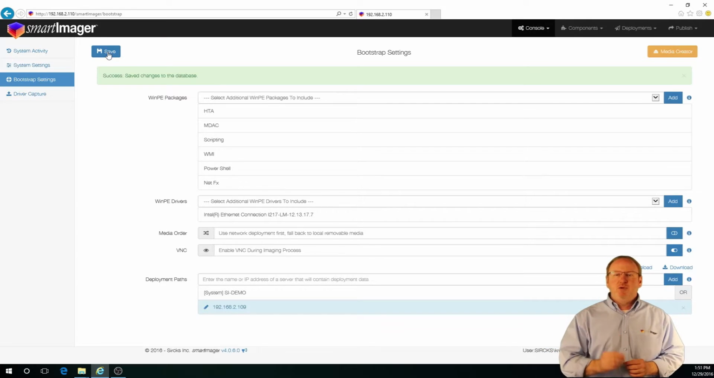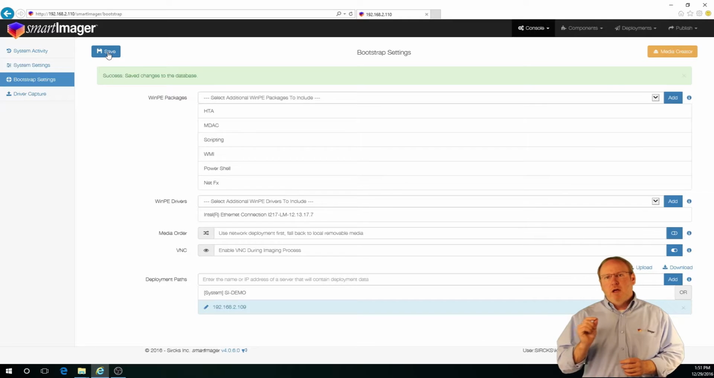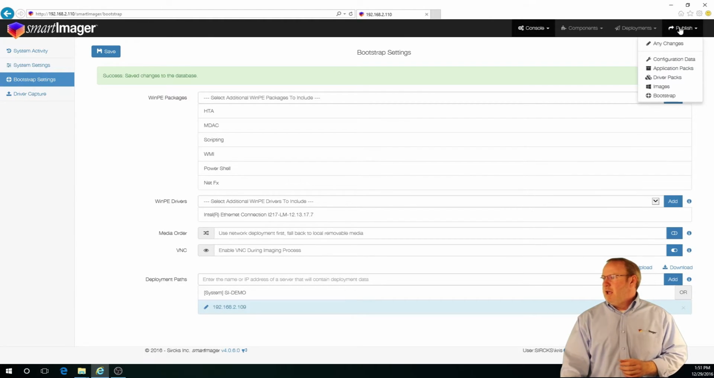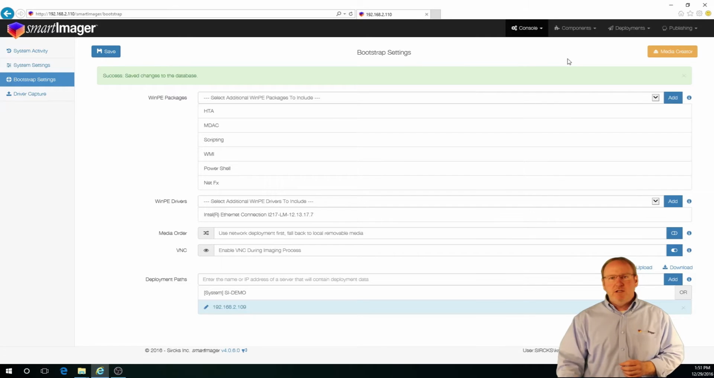Keep in mind, when you're doing imaging, a small XML file will go back and forth between the client and the smartImager server. Now that I've clicked Save, I still need to publish to make all these changes available in my environment. So if I look over here, I'll see that my Bootstrap settings and configuration file settings need to be updated. So I'll go ahead and choose any changes, and now it's going to mount those WIMs, those boot WIMs for WinPE,